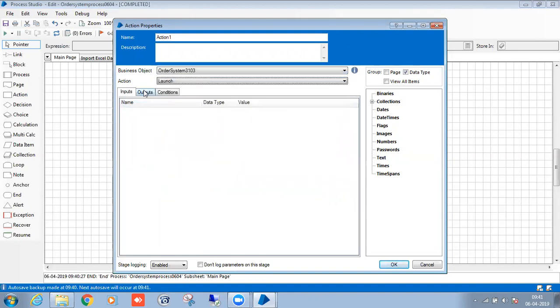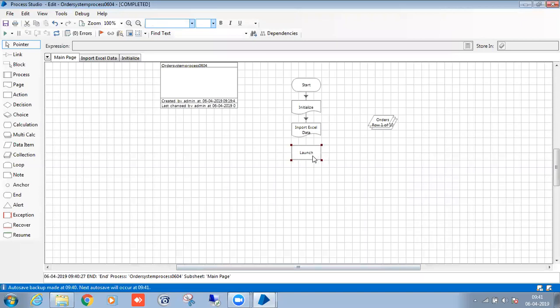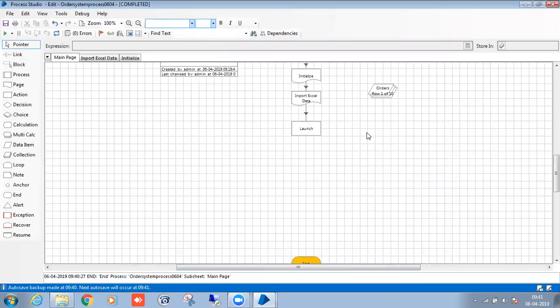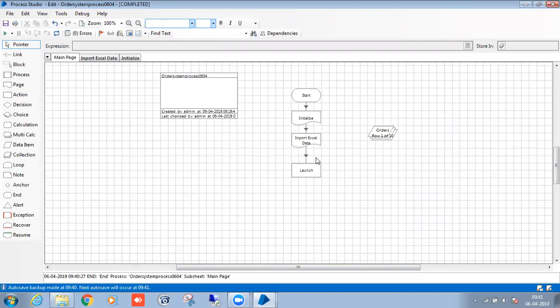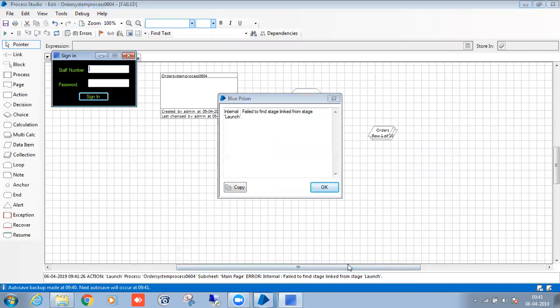I just need to launch the application. So after launching, if you run this stage, you can see that the application is launched,